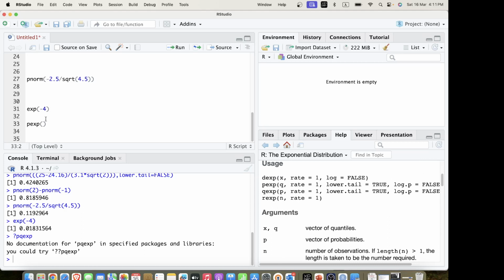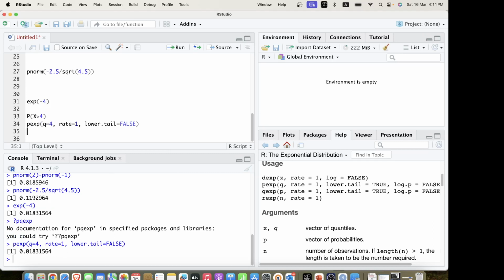Okay, so here what do we want? Probability X greater than 4. So then q is 4 and rate we have to give 1 and lower.tail should be false, and then we would get the same thing, 0.018. Okay,